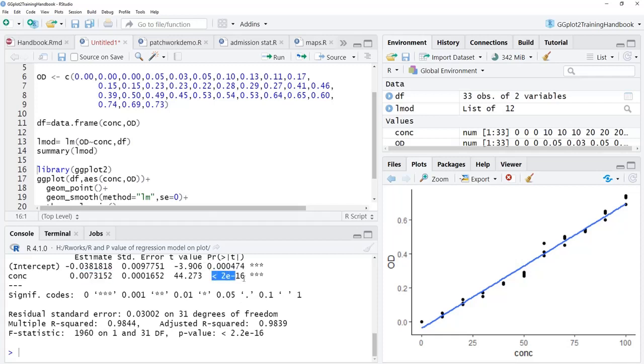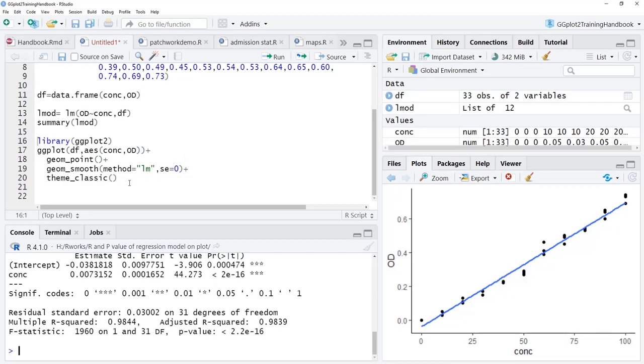These p-values are less than 0.05, therefore both of these values are significant, and these are significance levels, significant to 0.001, which means we are sure that our data is 99.9% true. Our model is 99.9% significant. The adjusted R-squared value is 0.9839 and the p-value is less than 2.2 times 10 raised to minus 16.